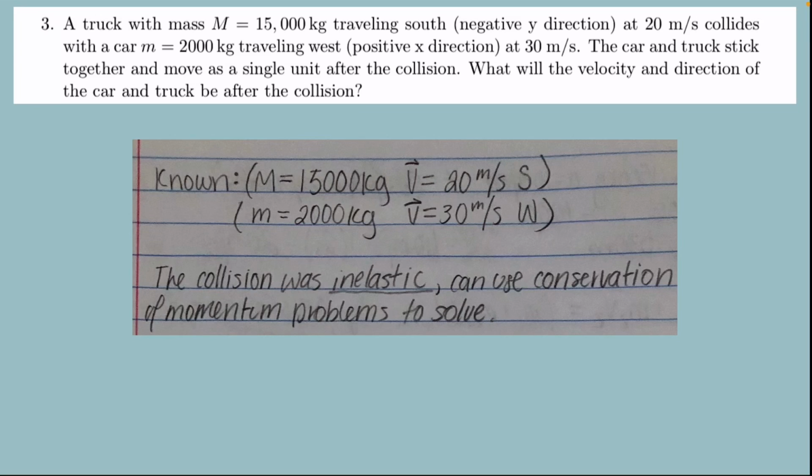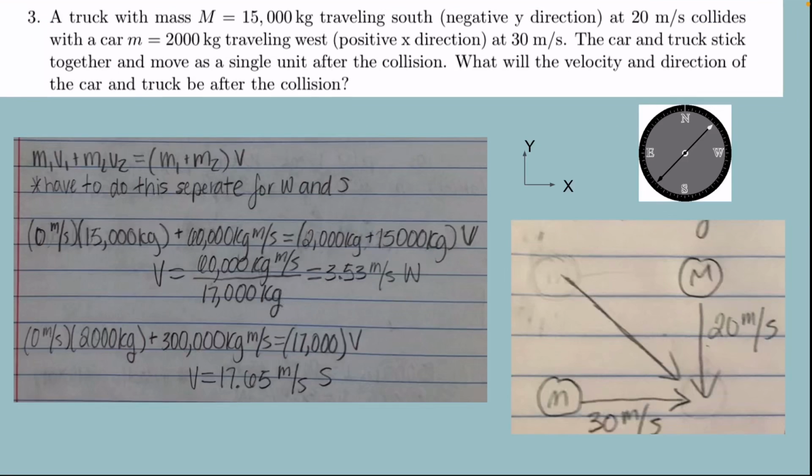So you can kind of see how this is tied to what we've been learning this week, as we can use some of our conservation of momentum equations to solve for their final velocity and direction. So we can go ahead and get started with that. The first thing that we're going to have to do is solve for that final velocity in both directions, essentially. So I showed that we're going to be using that m1v1 plus m2v2 equals m1 plus